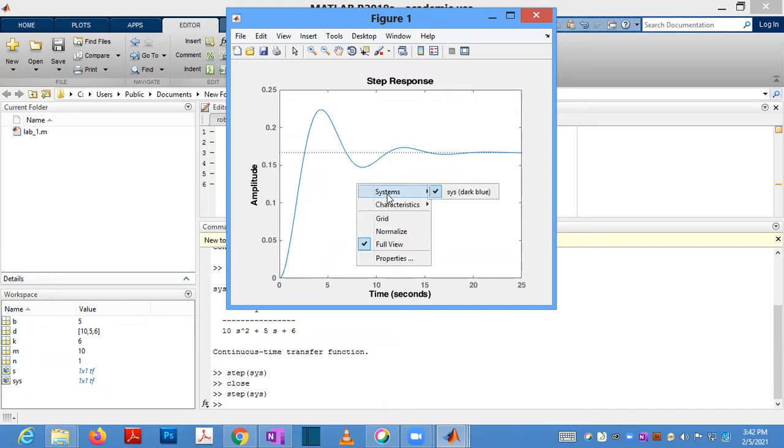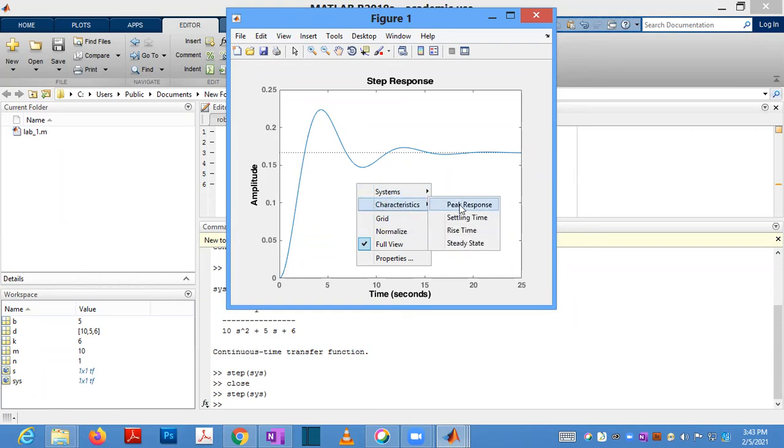In step response, there are so many characteristics: peak response, settling time, rise time, steady state. These things you will study next week or something like that, because after completing transfer functions, only then will you start time domain analysis. In time domain analysis, you study the step responses. At that time you will know what peak response, settling time, rise time, and steady state values are. That will be covered in your control system theory course.